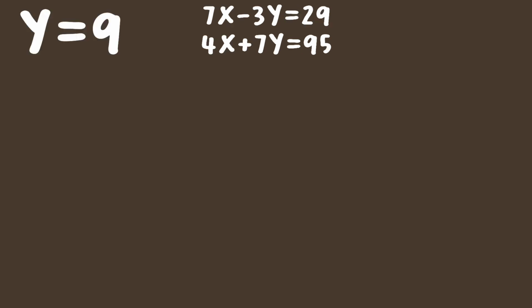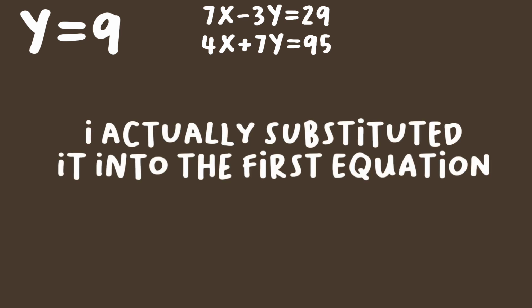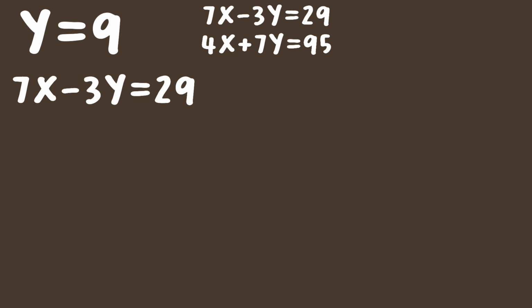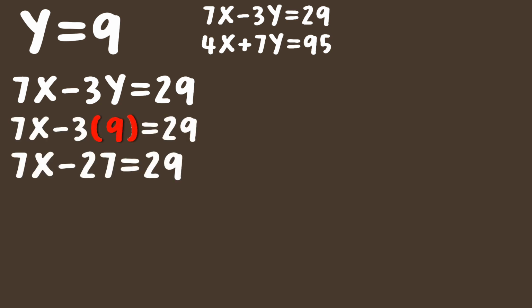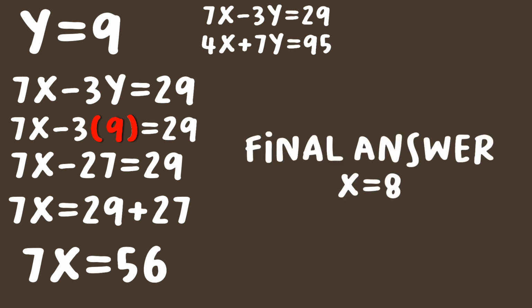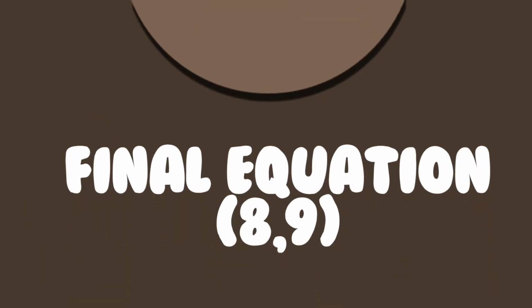And then since I finally got that part, I substituted into the second equation, 4x plus 7y equals 95, and I got 7x minus 27 equals 29. I moved the 27 over to the 29 to make it a positive 27, and then I added that to get 7x equals 56, and to make x by itself, I divided everything by 7, and I got x equals 8. So the final answer is x equals 8,